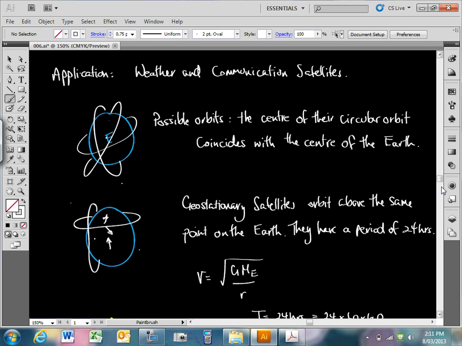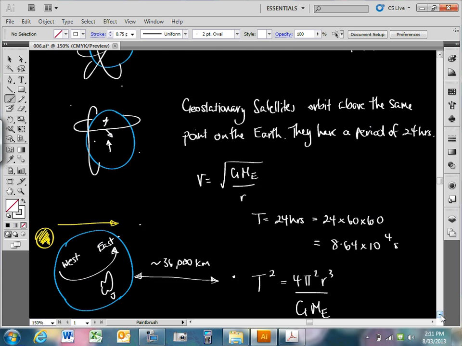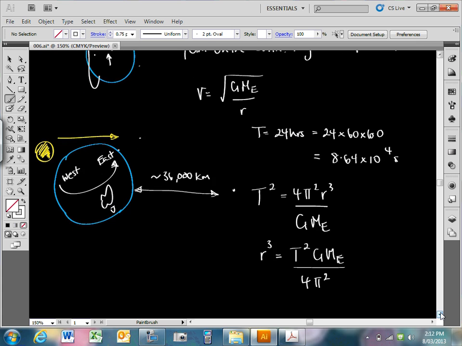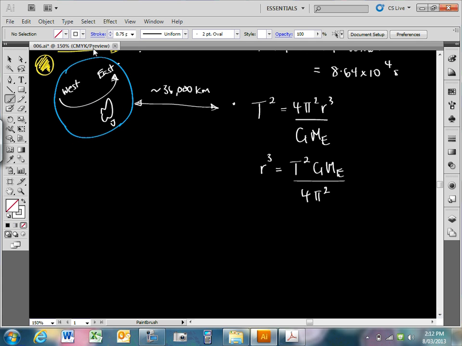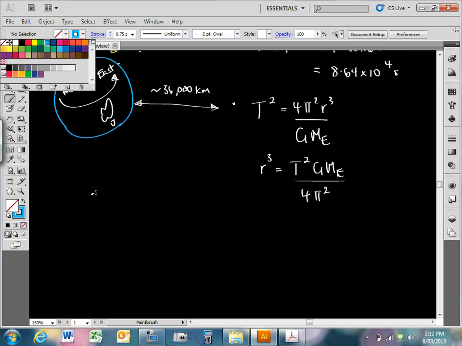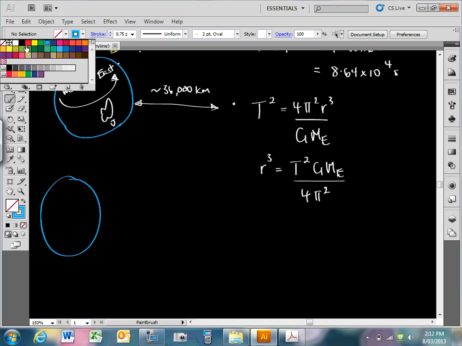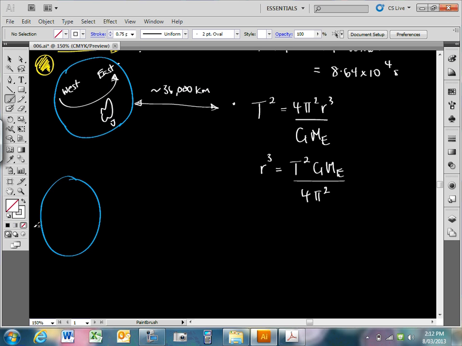We looked at a video about geostationary satellites, how they orbit above the same point on the Earth, and that they have a period of 24 hours. If you can imagine this situation, though, actually, I better draw this. What's the condition of a geostationary satellite? Does anybody know straight away? Yeah, so the first one is that the orbital period needs to be the same as the time for one rotation of the Earth. And there's another one.